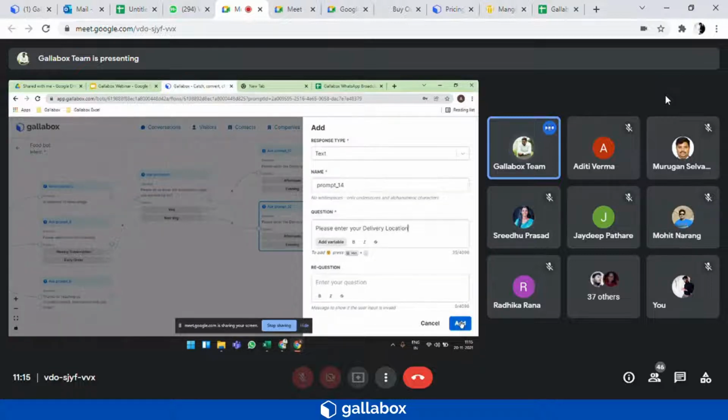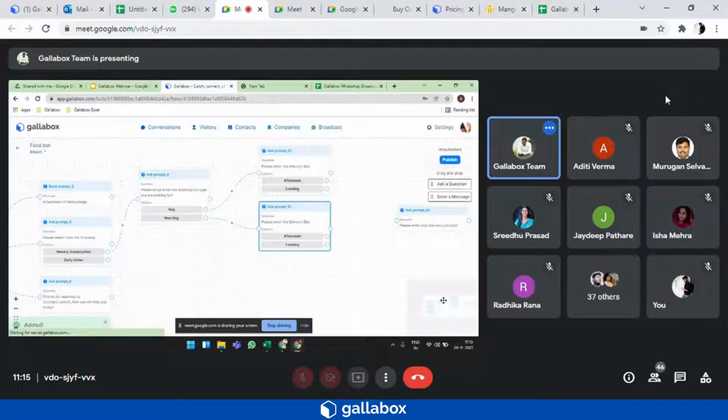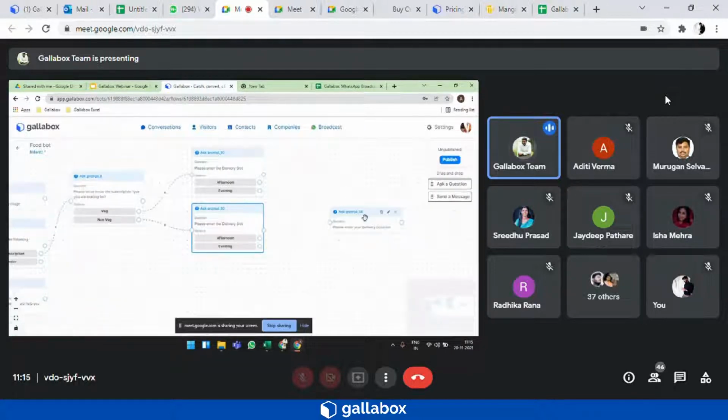And I will add this particular card. So here you can directly connect this delivery slot button here, since even if the customer chooses either the afternoon or the evening slot, this location has to be captured, and hence you can connect this card directly to the next card.